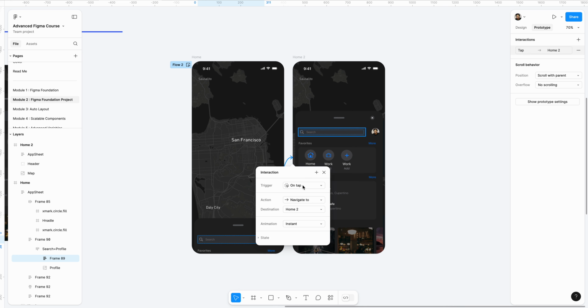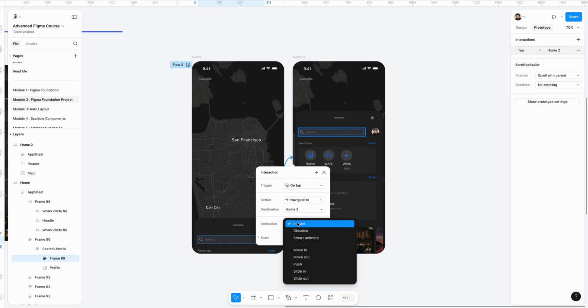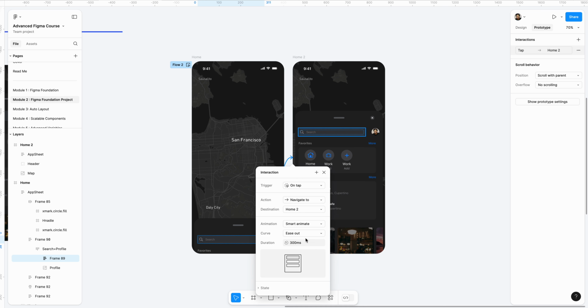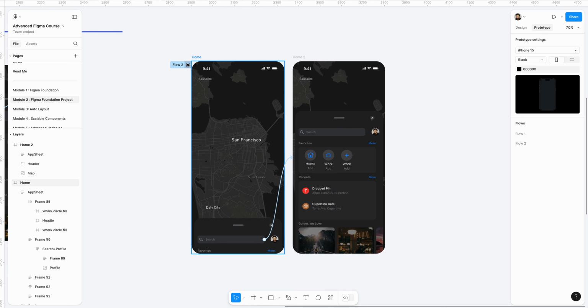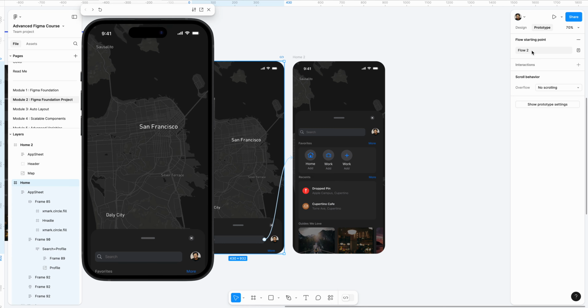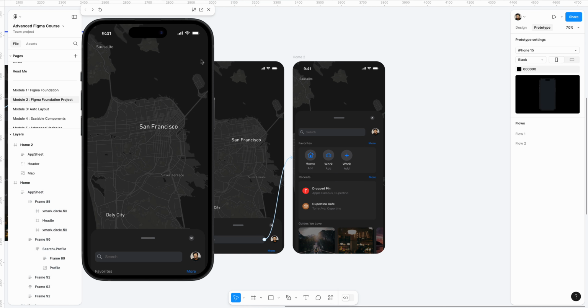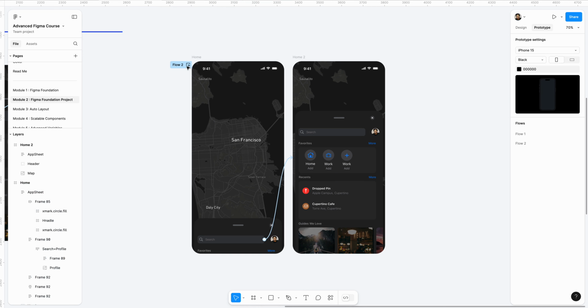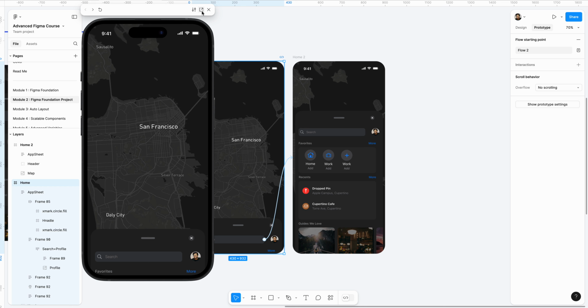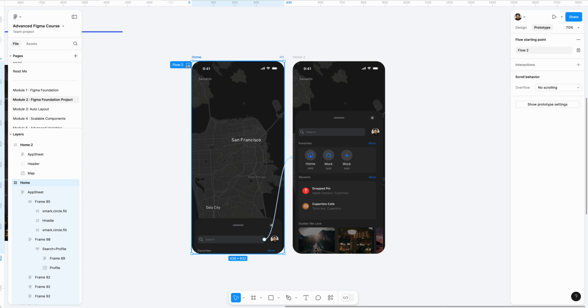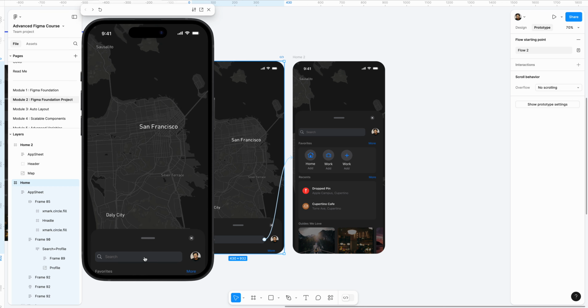And yeah, the tap, and then instead of instant, let's do smart animate. And then we can set the timer to 900 milliseconds. We have a dedicated module for prototyping, so we'll dive deeper into that as well. So click on the flow. When you click on it, you'll be able to see the device here, and you can also view that as a dedicated page as well. But for now, let's just stick with this one, and then click on the flow and then tap on it,